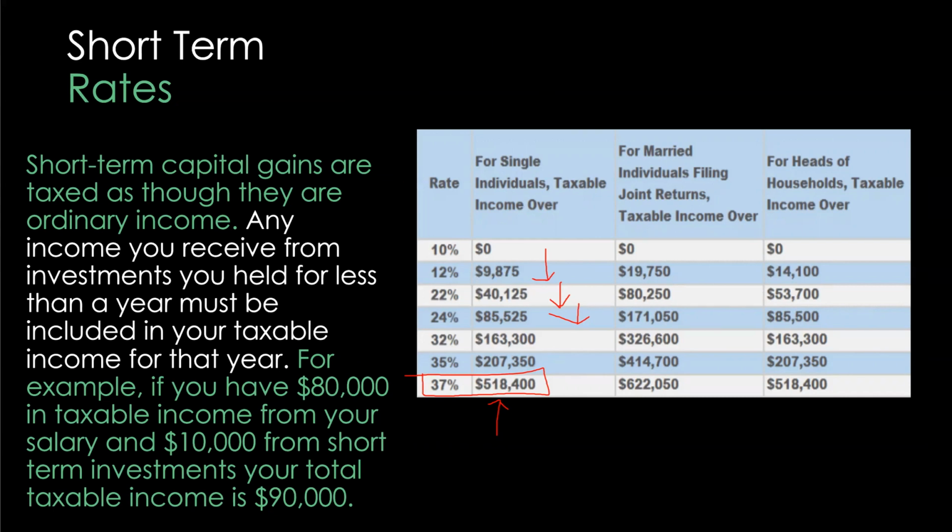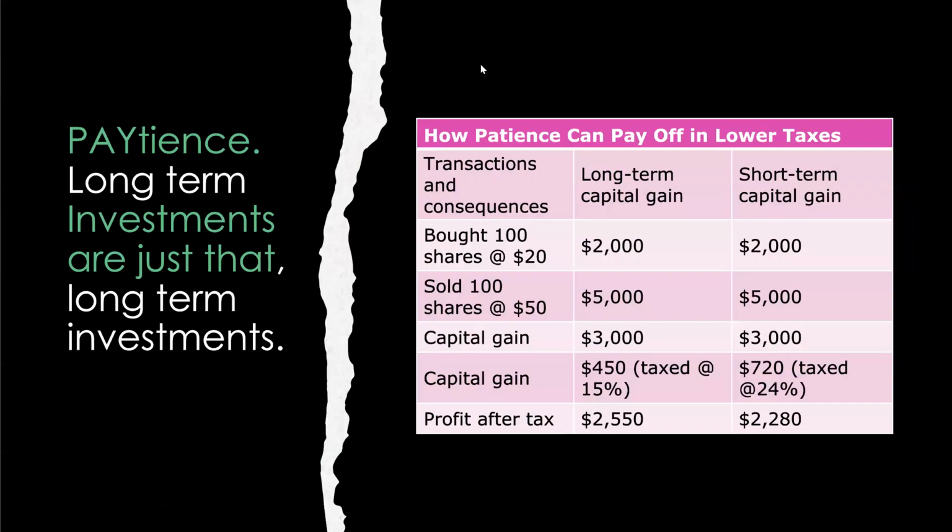So a lot of people don't understand how taxes are taken from you. That's how it works. So the higher bracket you go in, it's a good thing. You know what that means? It means you made a shitload of money. Congratulations. Keep investing. Keep doing what you're doing. You're on the right path. People think, I don't want to pay taxes. Shit, I want to pay the most taxes. Because you know why? It's just another way that I let my silence speak my successes. Patience is a long-term investment that pays off.